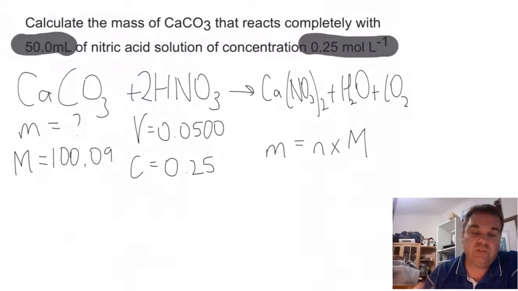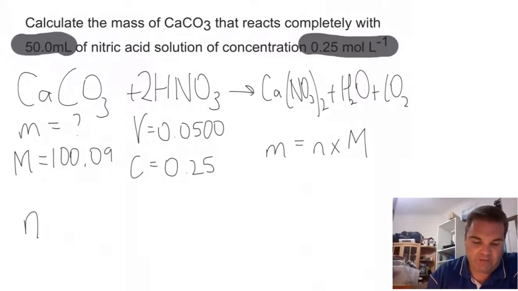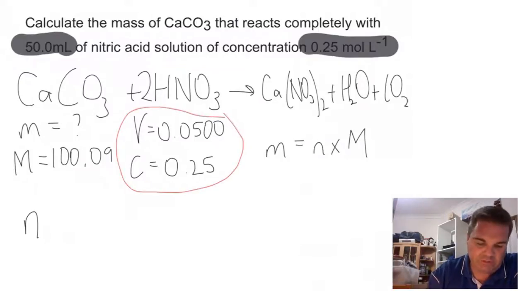So what we've done is we've done the first 2 steps. We've got our balanced equation, we've written down what we know, and we've got that from our equation up the top here. Now we go on to the next step, which is calculating the number of moles of our known, and our known is the one we've got 2 values for. Here we've got 2 values for nitric acid,